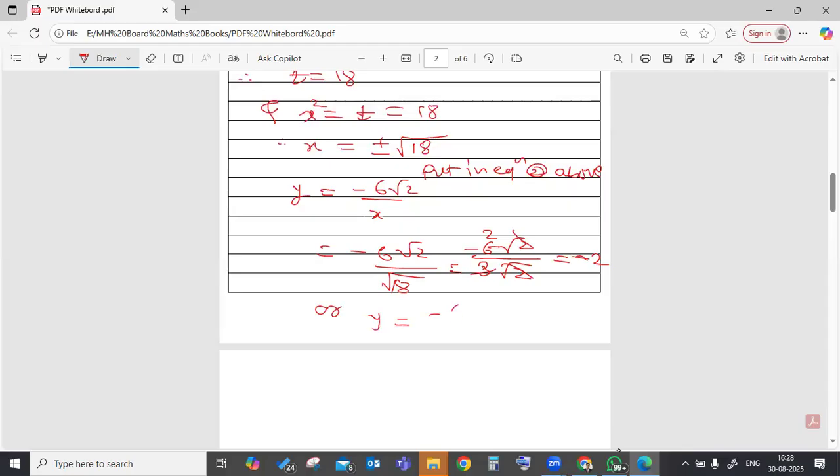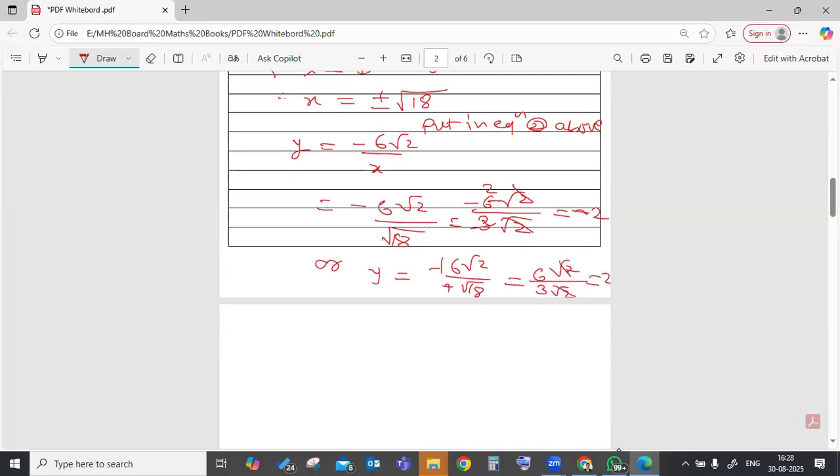Y equals minus 6 root 2 upon minus root 18. So minus minus becomes plus, 6 root 2 upon square root of 9 into 2, which is 3 root 2. Root 2 is cancelled. It is 2. So when x is equal to